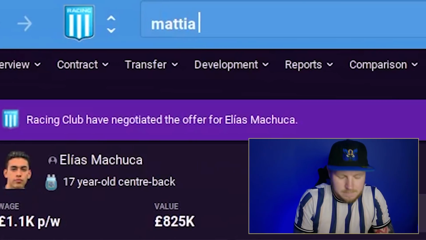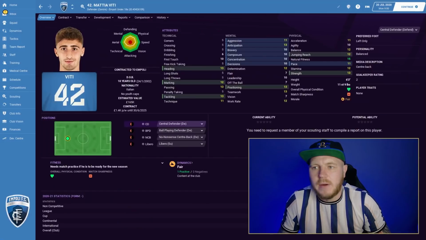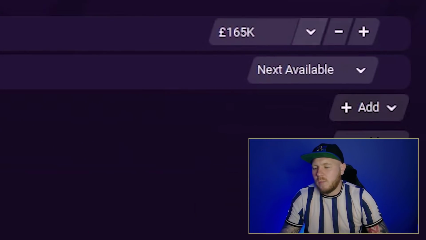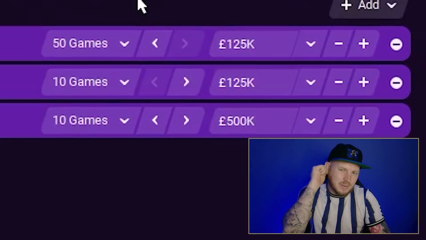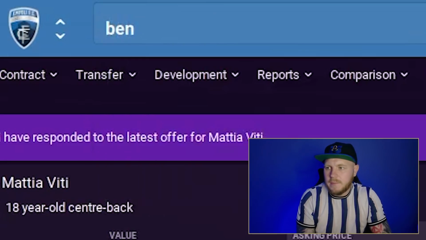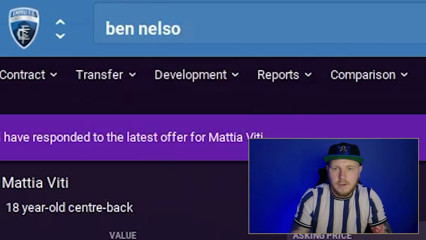I'm trying to think. Mattia Vitti. I think he is an Italian. There we go. Empoli. He is 165k, 16 years of age. I wonder if he's going to be, yeah. So if we got 2.5 million and a bit extra, we still need to go a little bit lower than that, I'm thinking. Okay, we'll keep that in mind before we go any further. But I got a feeling